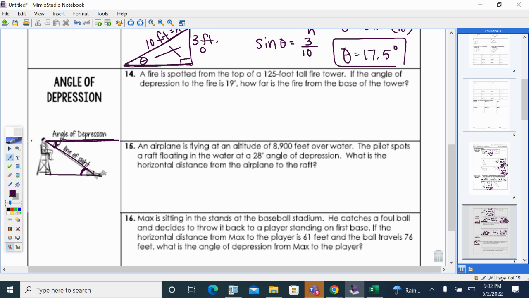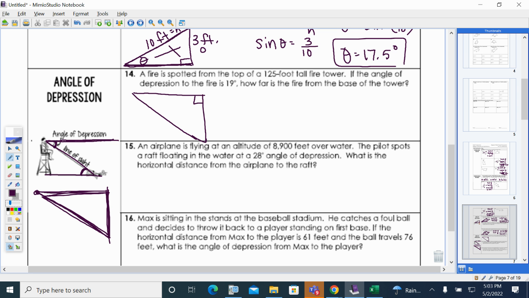But I'm going to go ahead and draw these as if this was my triangle. This is my person. This is my line of sight. Here's your horizontal and your vertical. So I use that kind of triangle to work these. So here we go. Number 14 says that a fire is spotted from the top of a 125-foot tall fire tower. If the angle of depression to the fire is 19 degrees, how far is the fire from the base of the tower? So again, using this triangle,